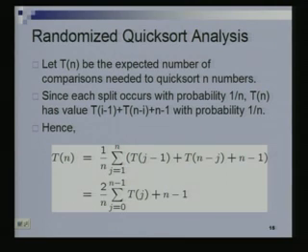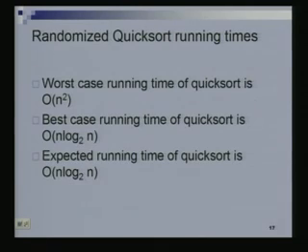So this is the analysis which we did. This is the expected number of comparisons required by quicksort. So let's quickly summarize the time taken by quicksort. Worst case time we said was n square, best case time was n log n. We didn't prove it formally why it can't be less, but intuitively you can understand that the best thing happens when the two are roughly equal, and then we argued that it will take n log n. And the expected is once again n log n.